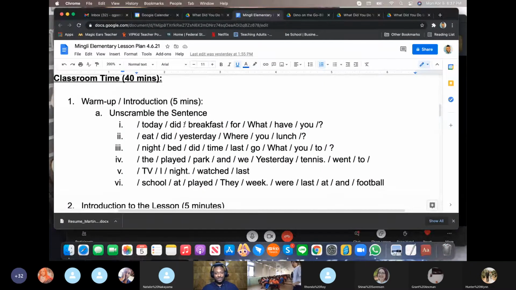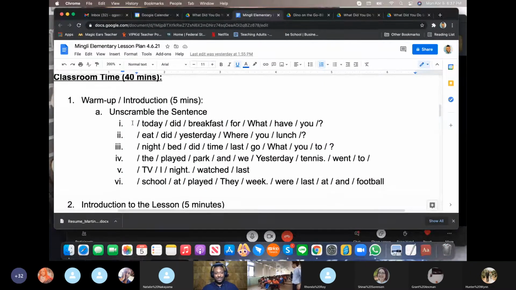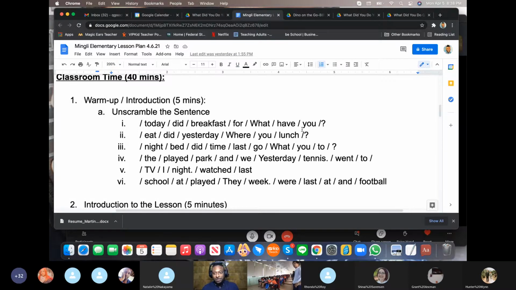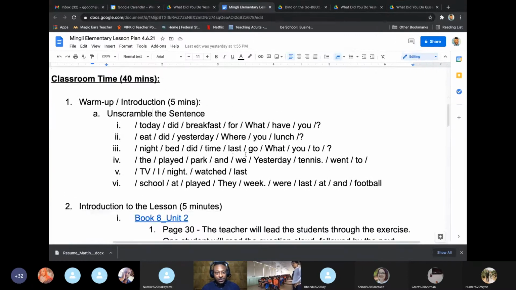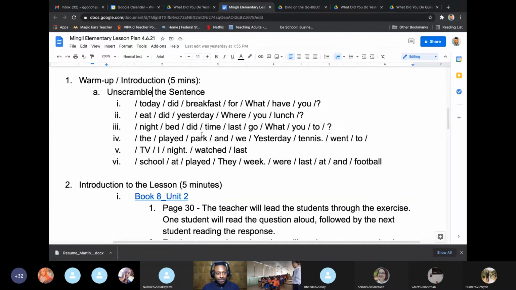来第一题，unscramble the sentence. So 1 through 6. Zoom in, so that people in the back can see better. All right, let's see if I can get it a little bigger. Oh, 200 is as much as I can do. 第一题吗？第一题。对，第一题。